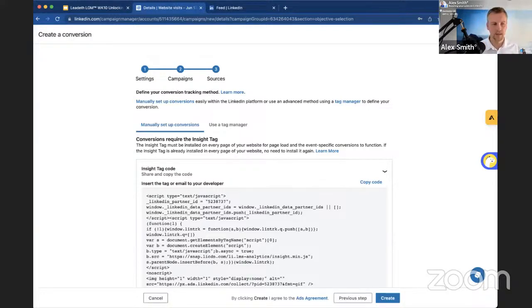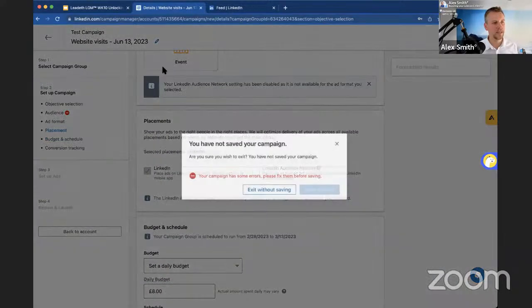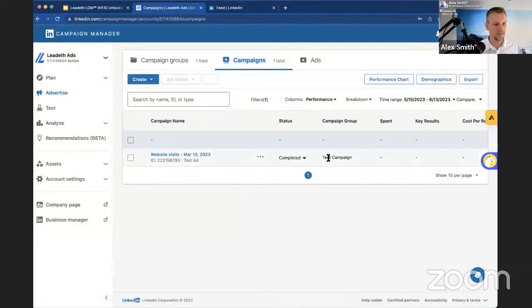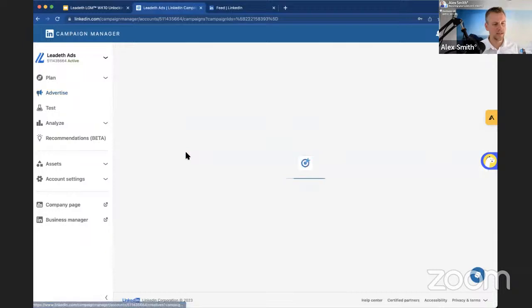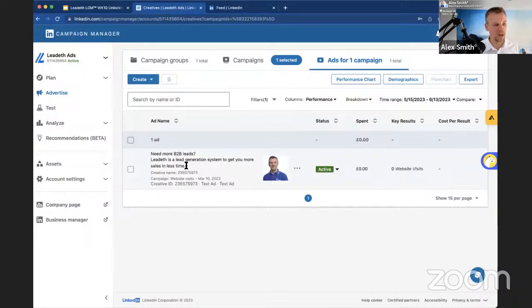Where do you see the results? Is there an ad manager? Yeah. If you go back, it's Campaign Manager where everything sits. Then you'll see a list of campaigns come up. For me, I've got this one here, test campaign. You can then dive into the numbers. There's also Analyze. This was a campaign that I pushed out back in March.